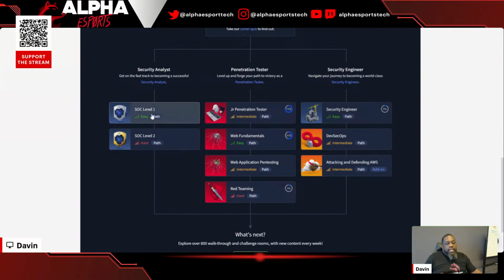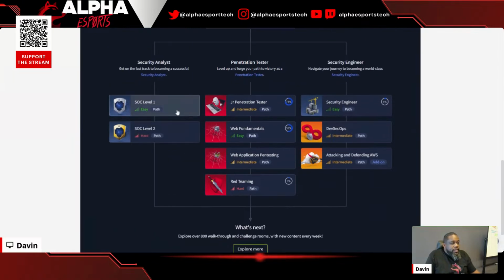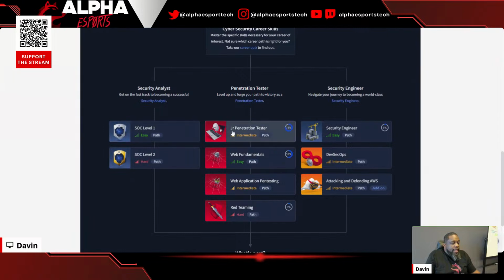And then we also want to look at some stuff in the SOC too, because as we move into application security, we're definitely going to focus on purple teaming, which is red and blue team. When you think about red teaming, you're thinking about more of your offensive capability, so your penetration testing and stuff like that. And when you think about blue teaming, you're thinking about your SOCs, your DFIRs, digital forensics, incident response. And then there's also GRC, which isn't quite red or blue, but they definitely play an important